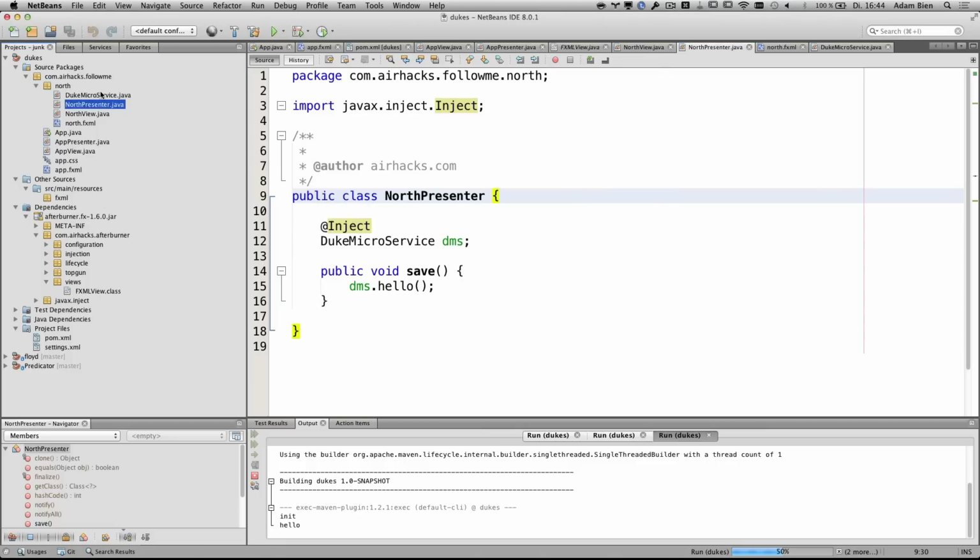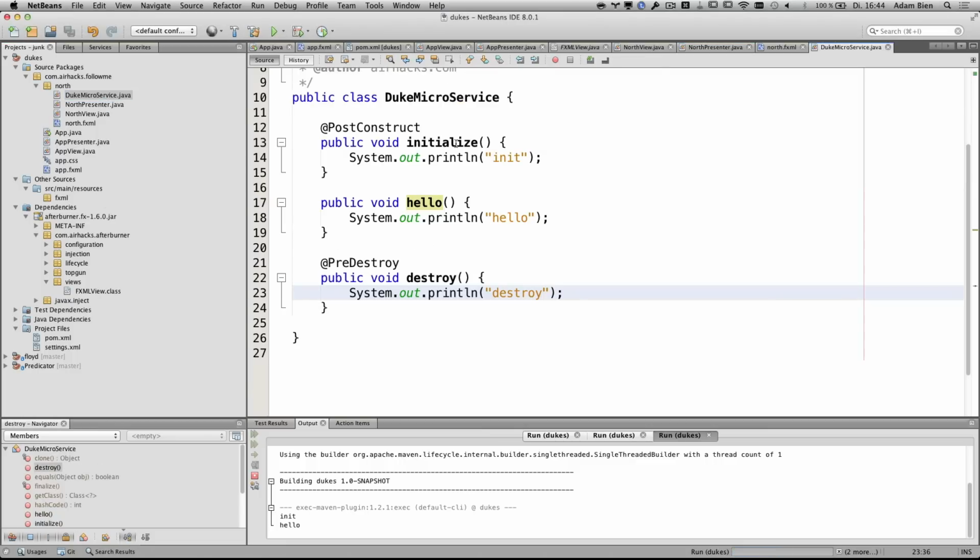So, and you can have as many injection points as you like. I can inject here another class, and there is no distinction between model and services, but I described several times this is either a service or model. The only difference is service talks to the backend and model holds state. So you can inject the same model to multiple presenters, multiple views, and access shared state. From the architectural point of view, you can have both, right? But there is no distinction between services and models in Afterburner. Everything is just Pojo, which is injected.